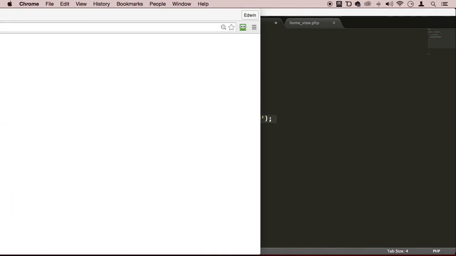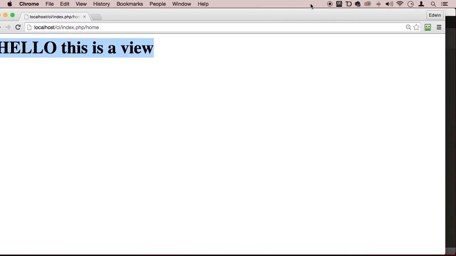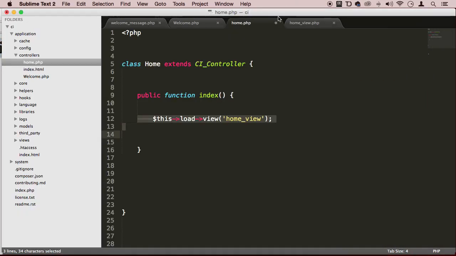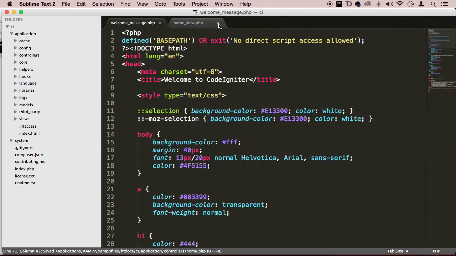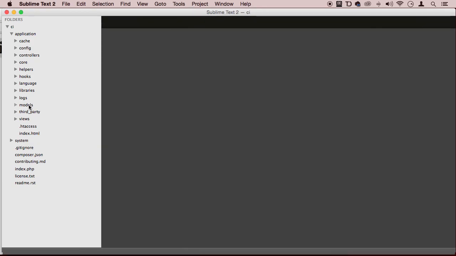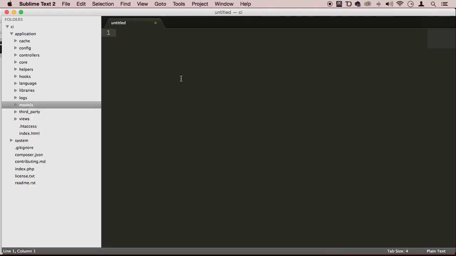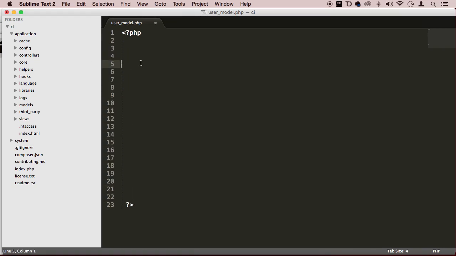Now that we have something to use, let's create the model real quick. So let's go to the model. Let me just take all this out of here. Let's go to our models. I'm going to right click and create a new model. It's going to be called user underscore model.php. Then open some PHP tags, and we are going to be creating our first custom model,